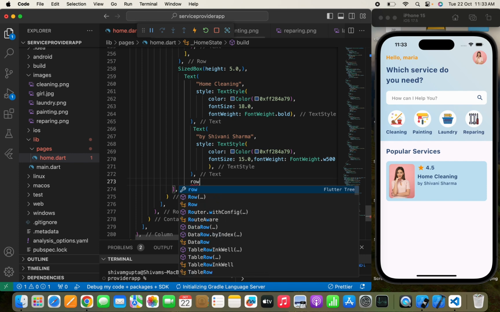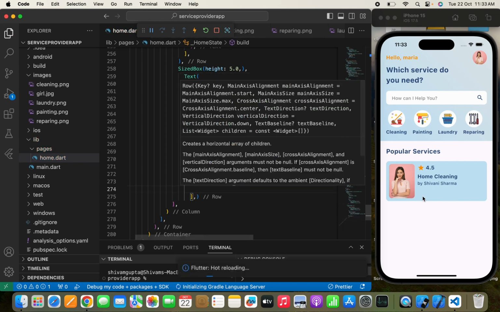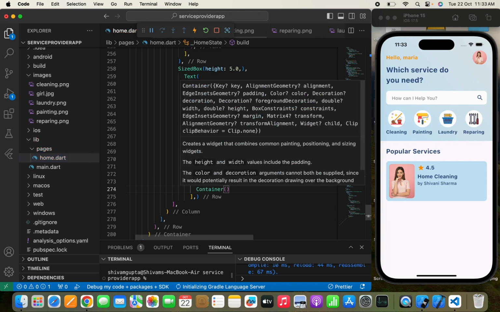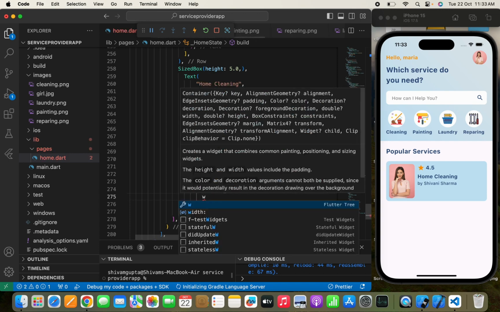Now the use of row widget will be like, here I need to first add the hourly charge that this service provider is charging, and the second will be a button, book service, that will redirect the user to book this service. Now after this, I need to pass a container. Now in this container, I need to pass a